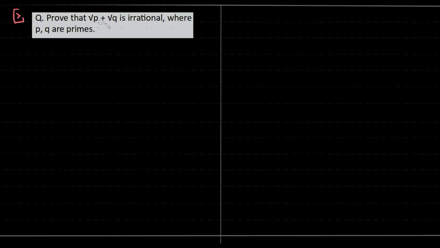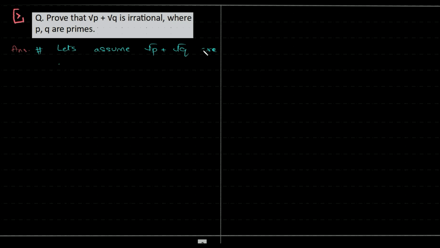Prove that root p plus root q is irrational, where p and q are prime numbers. So let me start off with, what is it that we have to use? We have to make use of proof by contradiction. So initially we'll assume that root p and root q are